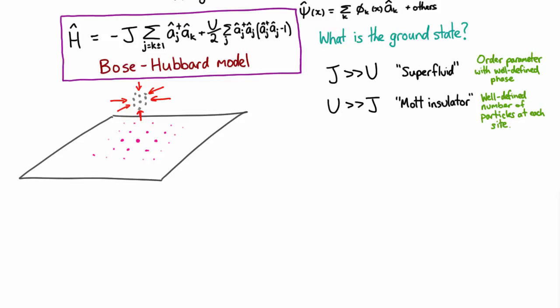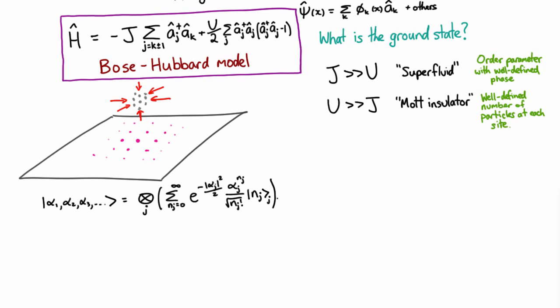Now, all those experiments relied on staying in the ground state of the system by slowly changing the Hamiltonian adiabatically. Now, you can also change the Hamiltonian very fast. You could flash on a strong lattice if you wanted. And it turns out something interesting happens in that regime as well. So if you started off, say, in a coherent state,